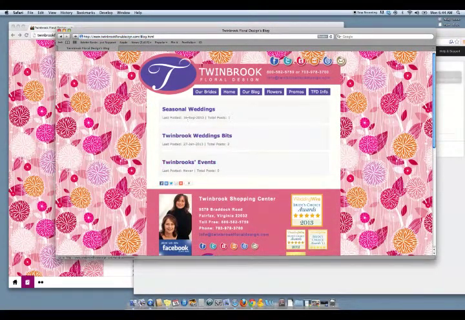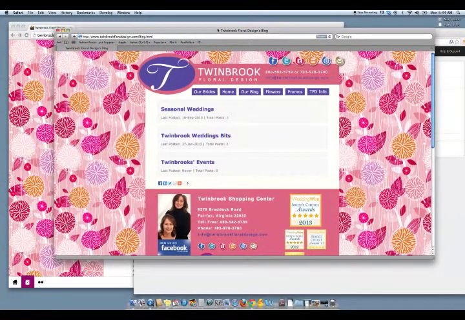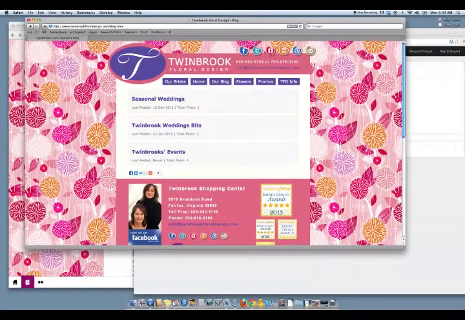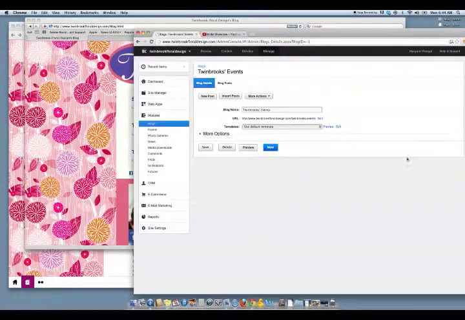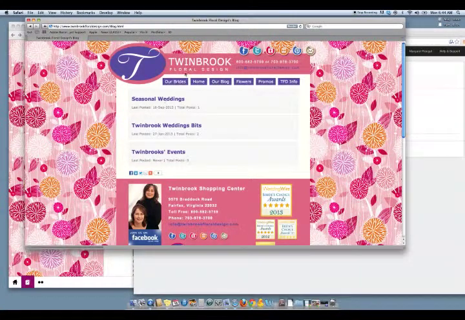So you can keep adding or taking away categories, which helps the end user navigate through your blog a little bit easier, so they can decide what they want to look at. This is a preferential thing. Some people like to have everything posted right away, so it's really up to you. I think it's better to categorize a little bit more,